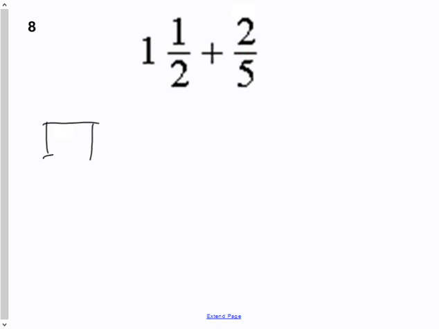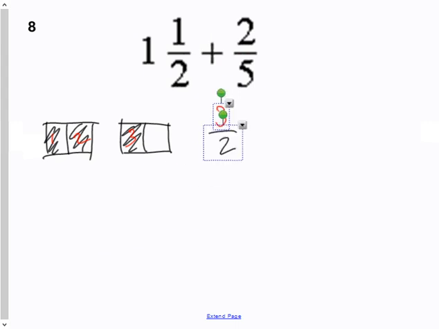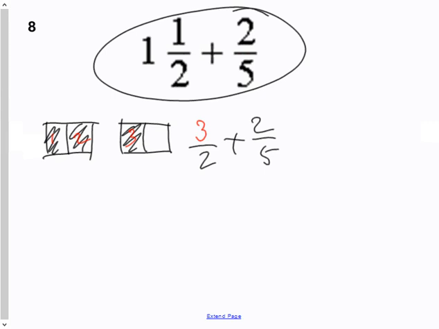And if we think about what 1 1/2 looks like, well, there's 1 and there's a half. So if I ask the question, how many halves is 1 1/2? The answer would be there's 1 half there, there's 2 halves there, there's 3 halves altogether in 1 1/2. So we say 3/2, or 3 halves, is the same as 1 1/2. So once we have it written down like that, I'll erase this part over here. I'll keep it there. I could say 3 halves plus 2/5. That's going to be the same question. These two are the same question. The only difference is 1 1/2 is changed to an improper fraction of 3 halves.